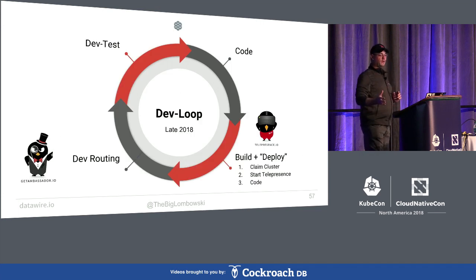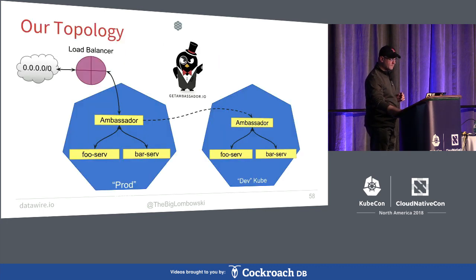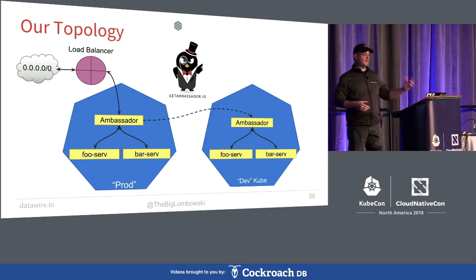So we have code. We have build and deploy. Build and deploy is really claim the cluster, start Telepresence, write more code. We have customizable dev routing. And then we have dev test. If you think about this, to describe that topology a little bit more, it's internet traffic goes to